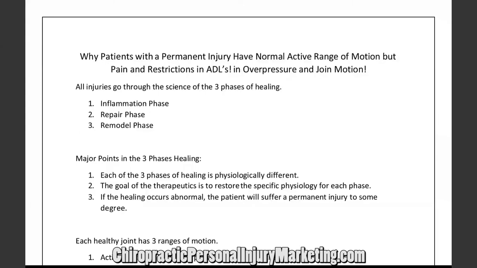And whatever activity is associated with that, they can't do anymore. Whatever activity of daily living they can't do, whatever that is: shampooing their hair, sleeping, bathing, showering, cooking, work, cleaning, laundry, household maintenance, landscaping, gardening, hobbies. See? And remember, all of these activities of daily living, for the most part, will engage almost all three ranges of motion, active, passive, and joint motion, to different degrees depending on the activity of daily living.